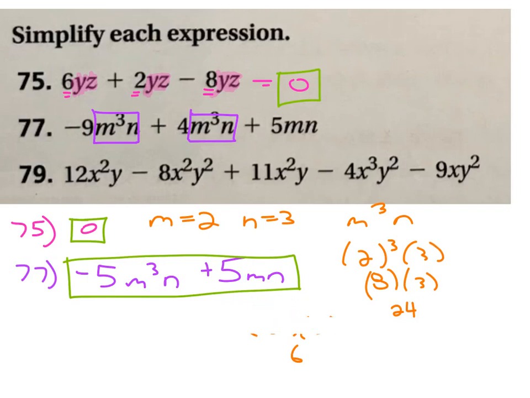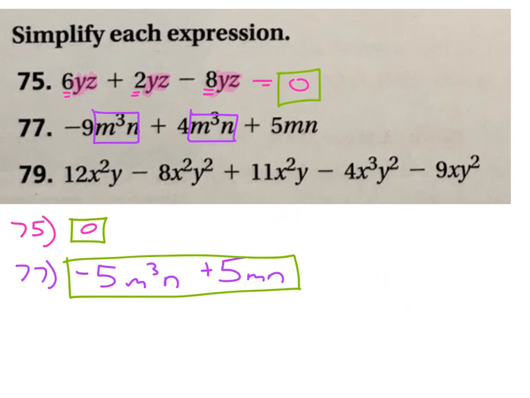Hopefully I over-explained that, rather than you not really understanding it. So anytime you're looking at the variable set and the exponents are different, even if the letters are the same, if the exponents are different, they become different terms. So finishing this out, we say, okay, for 79,